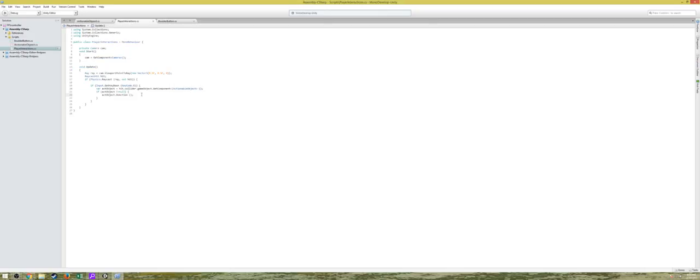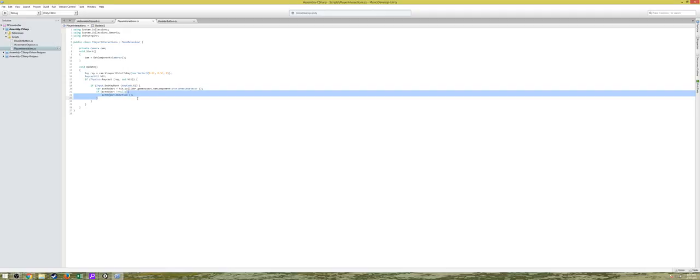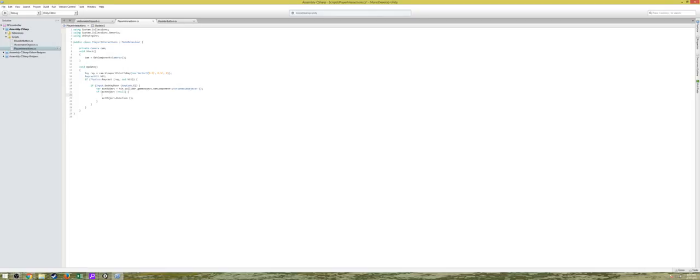Well, now in the player interaction script, we need to use that data to check that the distance between your current player and the button is close enough for you to actually be able to do the thing. So now we have this check if this thing is actually an actionable object. So basically the code that executes from here to here will only execute if this happens to be an actionable object. So once we're sure that this is an actionable object, we can have one more nested if statement that says if act object,